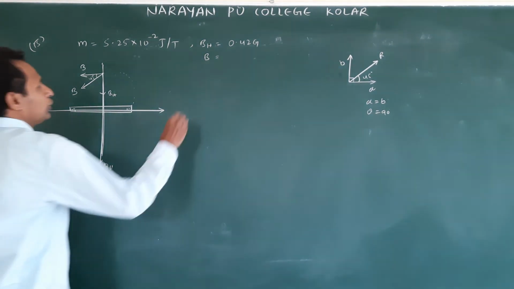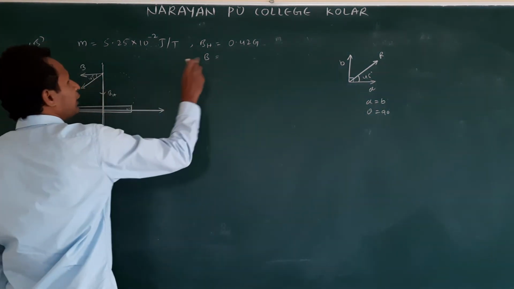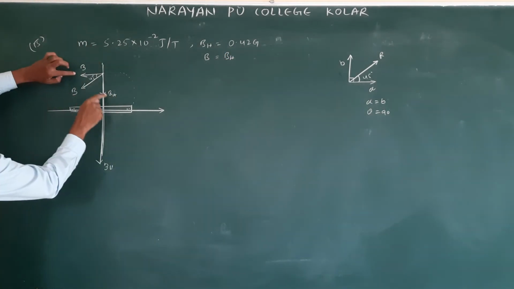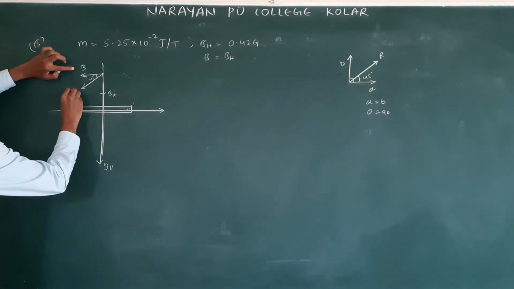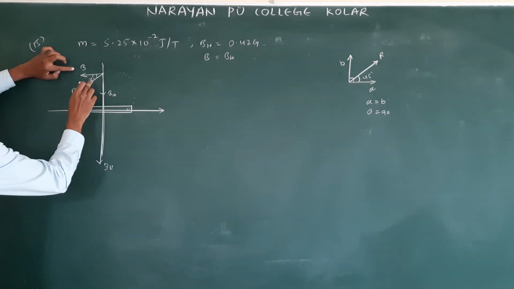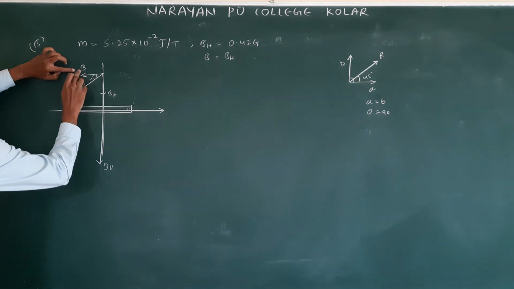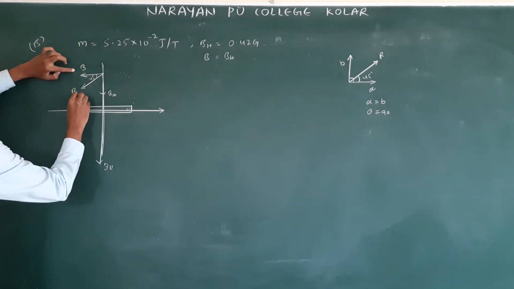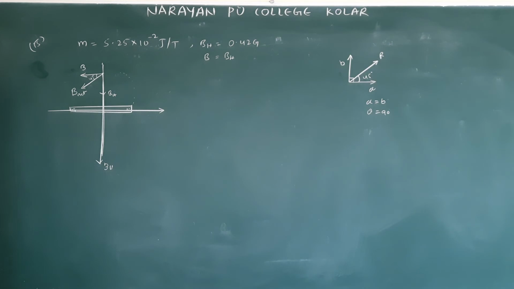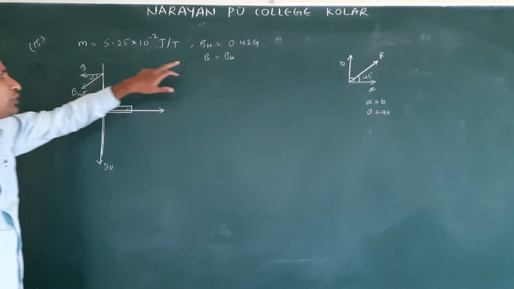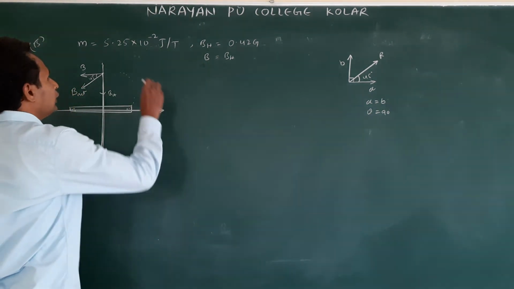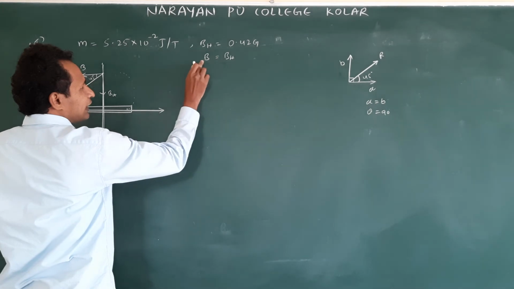So to have 45 degrees, B is equal to BH. To make a 45 degree resultant vector, B and the magnetic field due to the bar magnet, you take it simply. B net is the total field. B is the magnetic field due to the bar magnet. Now these two magnitudes are equal. Now how do we write B? This is an equatorial point.